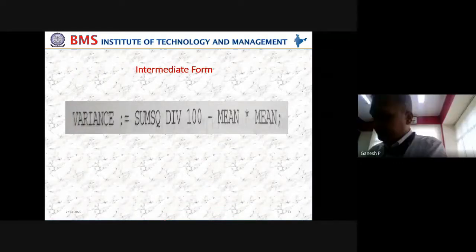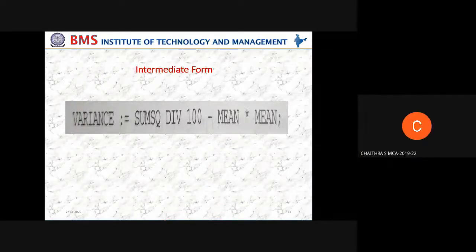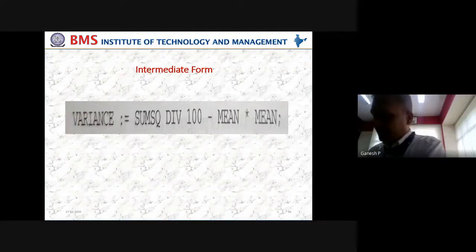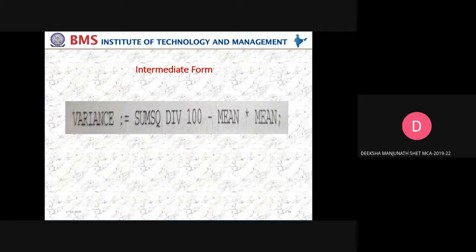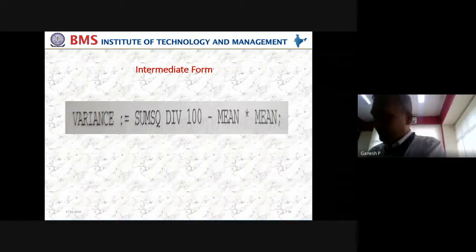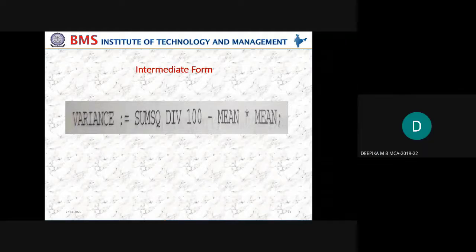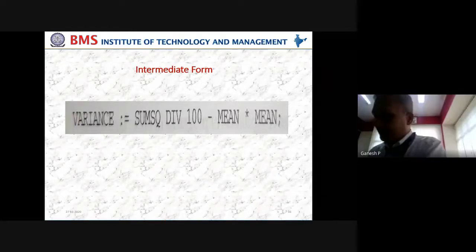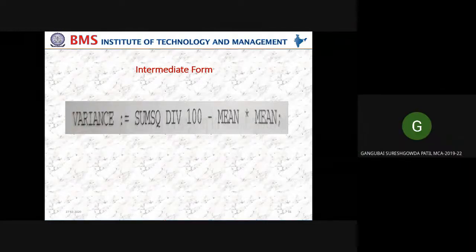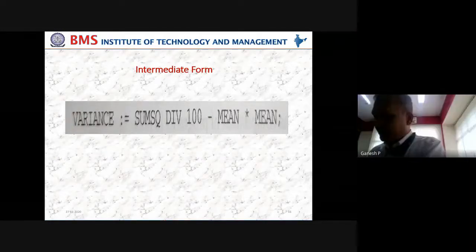Chaitra, Present, sir. Chatterjee, Present, sir. Manjunath, Diksha Manjunath, Present, sir. Deepika LG, Present, sir. Deepika MB, Present, sir. Murli Krishna, Present, sir. Gangubai, Present, sir. Guriya Kumari, Present, sir. Harshit, Present, sir. Junjar Singh.